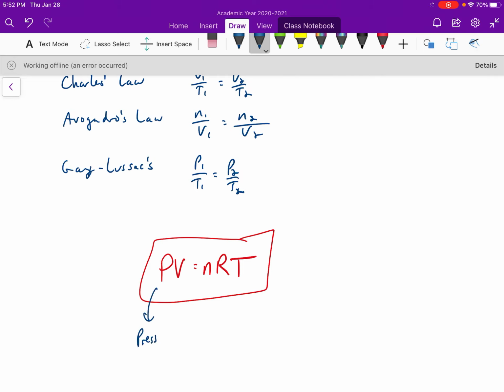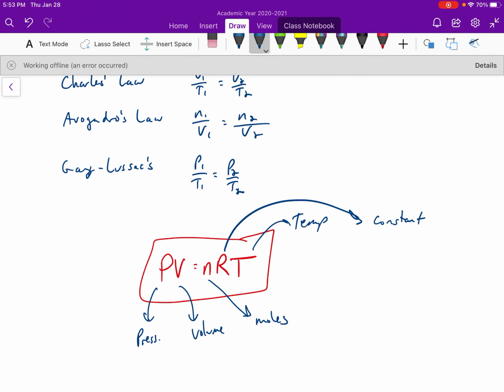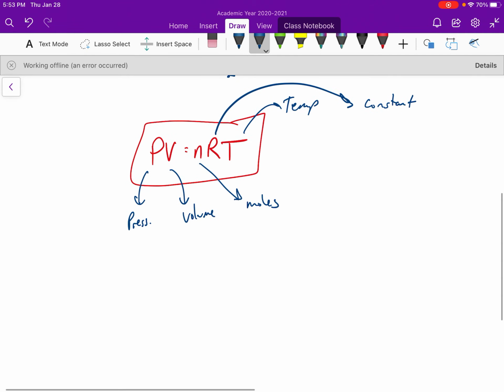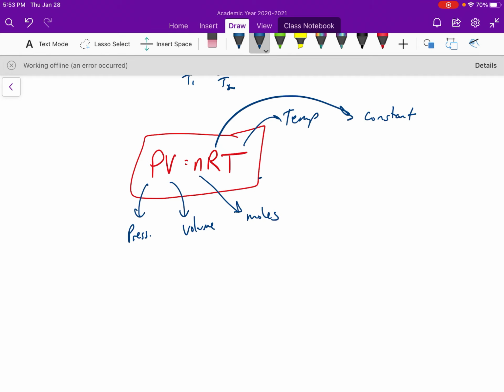We have pressure, right? We have volume. We have number of particles or moles. We have temperature. And then we have the R value, which is the constant. Okay? So R is a constant. I'm going to give you that value, right? So P, obviously pressure, V, volume, N, moles, T, temperature, and then R is a constant. It's actually called the gas constant. And so R equals